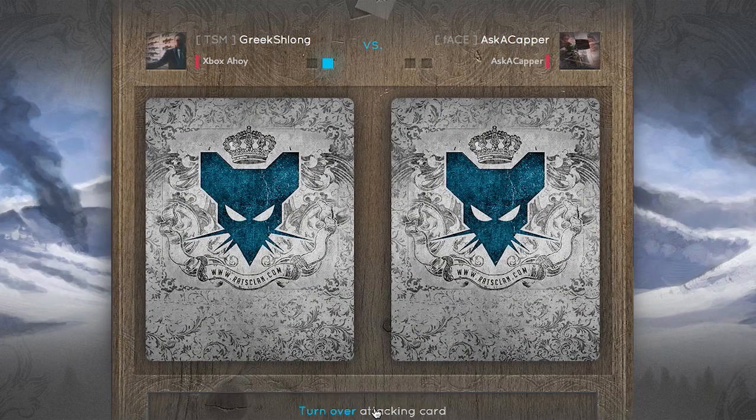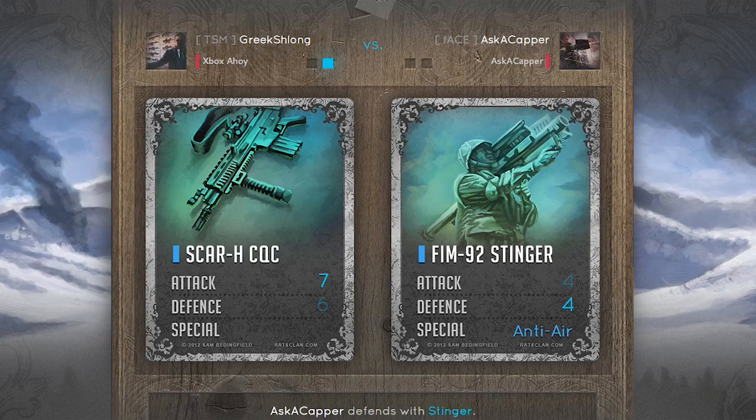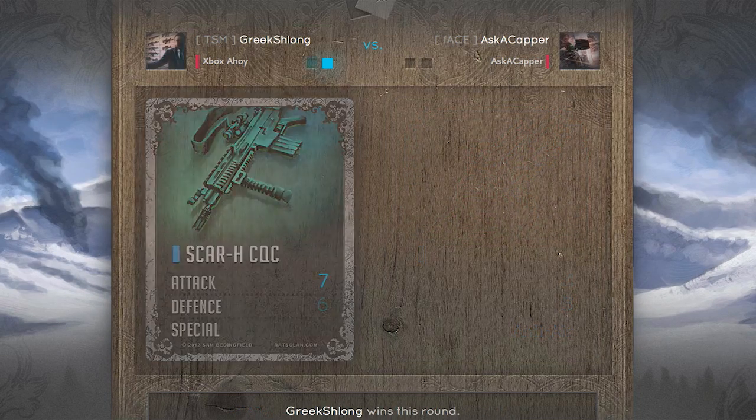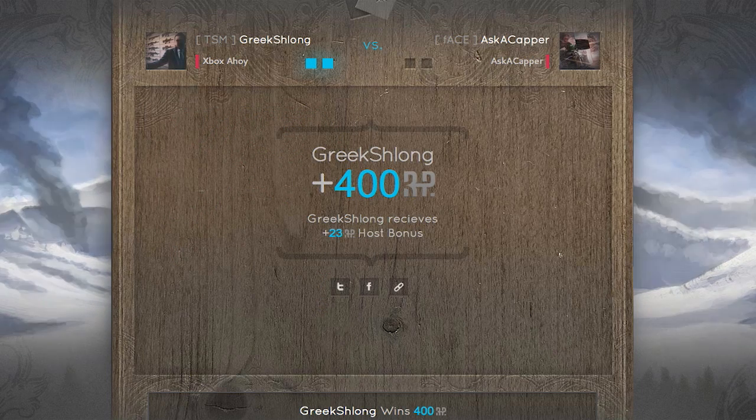So round 2, he's attacking this time. His Scar H gets a buff, 7 attack, so I have to have anything that's a defense above 7. And I have a defense of 4. Scar versus an anti-air. Boy, I wonder who's gonna win that one. Oh yeah, so Greek Schlong, yep, he boned me. Not happy about it. So he got 400 Rats Clan points for that, and also he got a 23 host